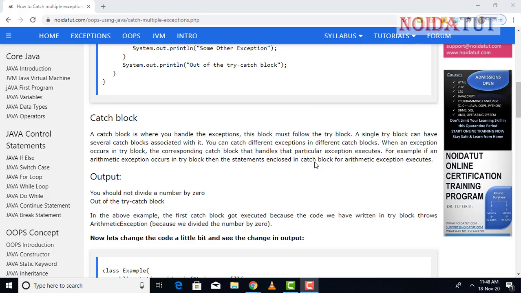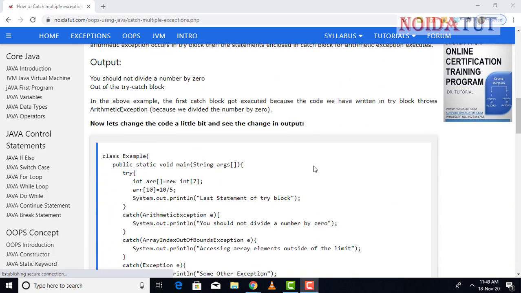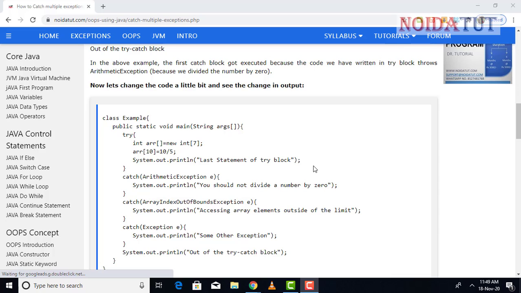In the above case, you should not divide a number by 0, and then the statement out of the try-catch block. In the above example, the first catch block got executed because the code we have written in the try block throws the arithmetic exception, because we divided the number by 0. Now let us change the code a little bit and see the change in the output.